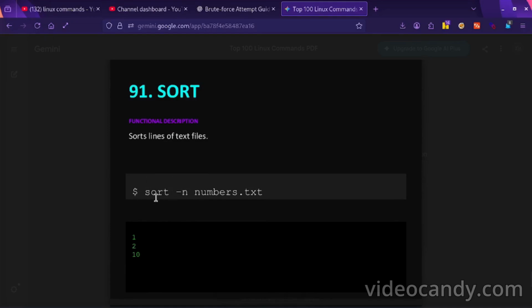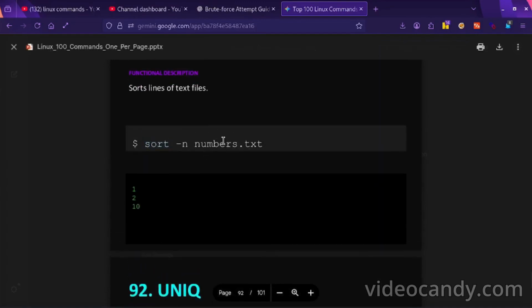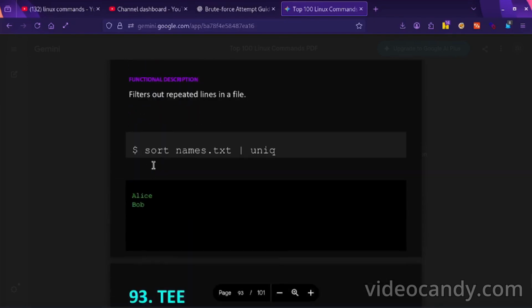If you have duplicate numbers, the sort command is used to handle them. This is your file, with -n and sort. uniq: filter out repeated lines in a file.